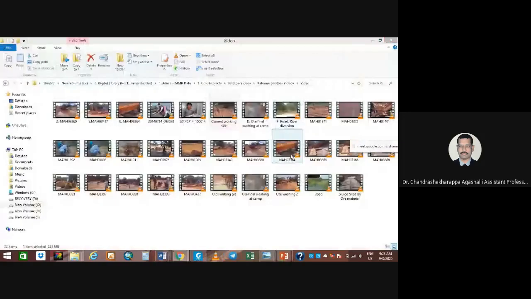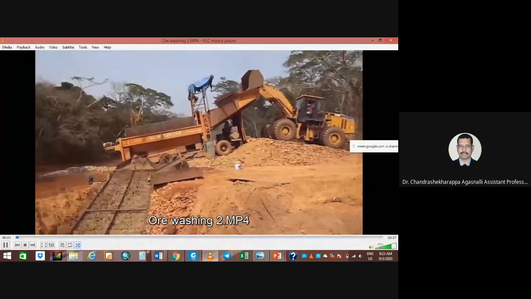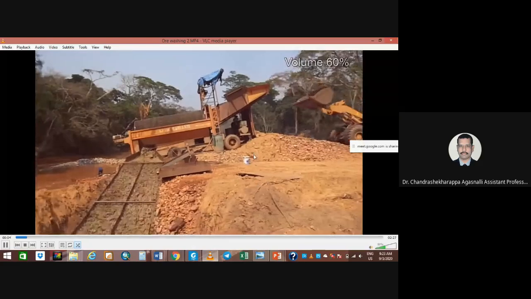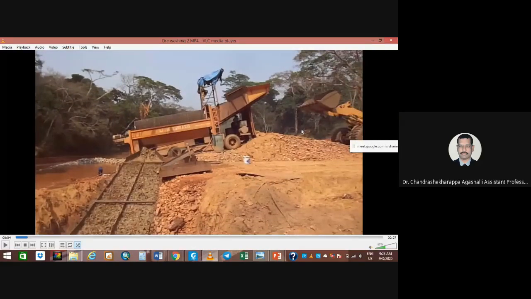Okay, and let me show you how the crushing actually works. Can you see this? From the mine site, the excavation part, they put the material in the hopper, and there is a grizzly here in front to liquefy the material. In the center part there is a motor, and here is a water source. Inside the drum there is a grizzly and a pipe, which liquefies the material with water, and it's just like washing. And here